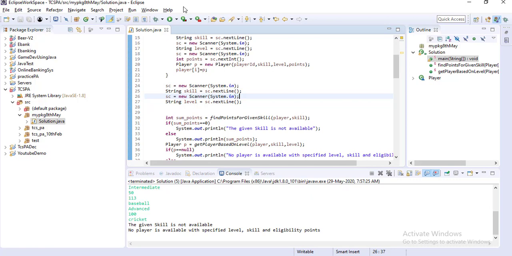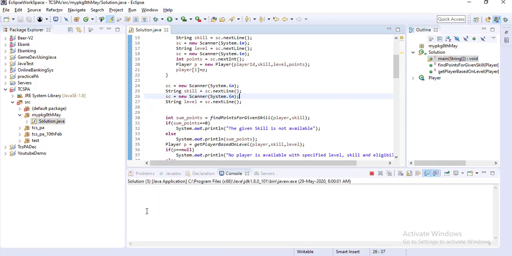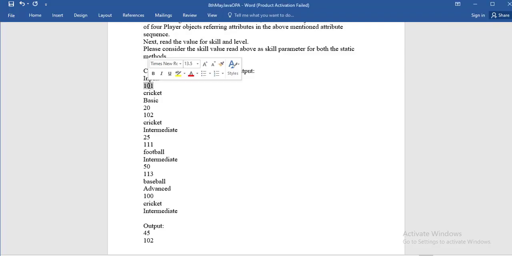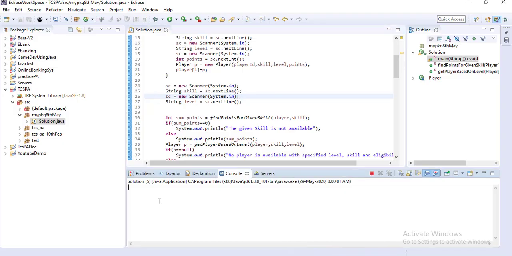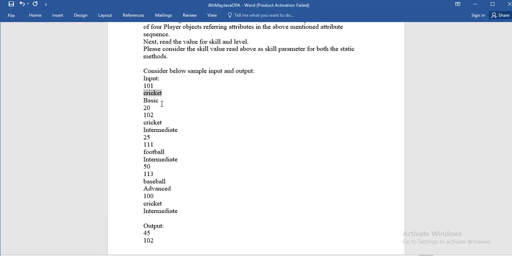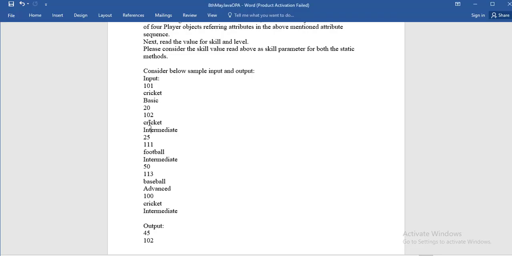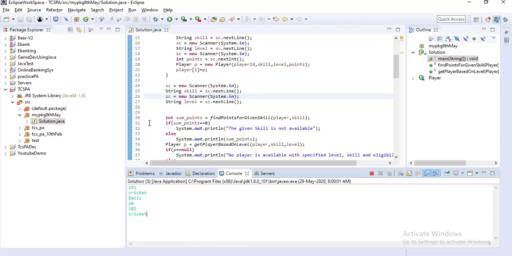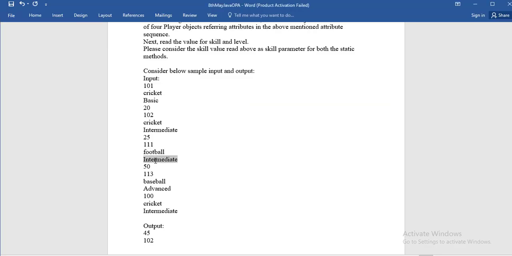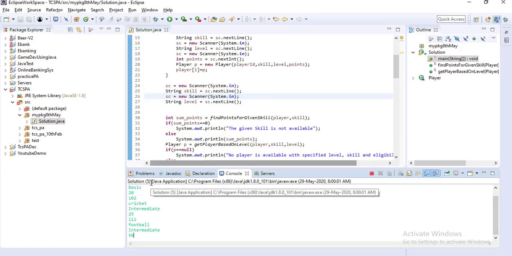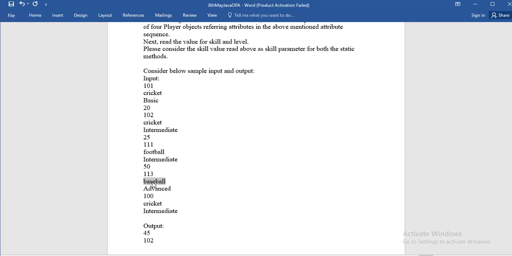Okay, so if you re-execute this method once again and pass this value 101, then cricket, then basic, then 20, 102, then cricket again, then intermediate, then 25, then 111, then football, then intermediate, then 50, 113, then baseball, advanced.